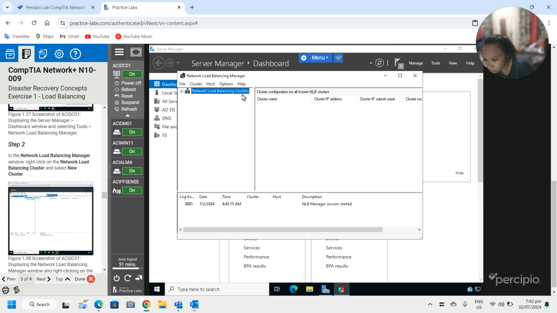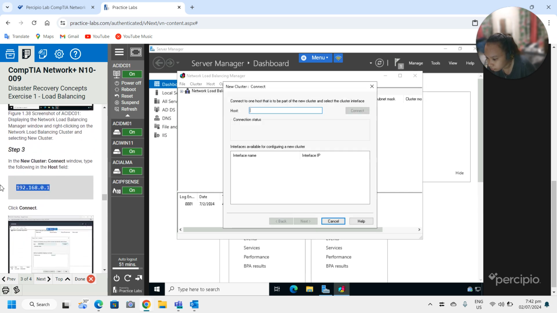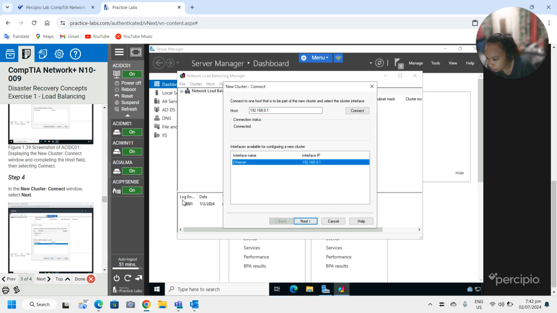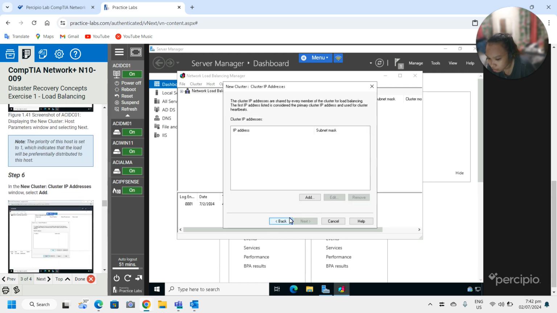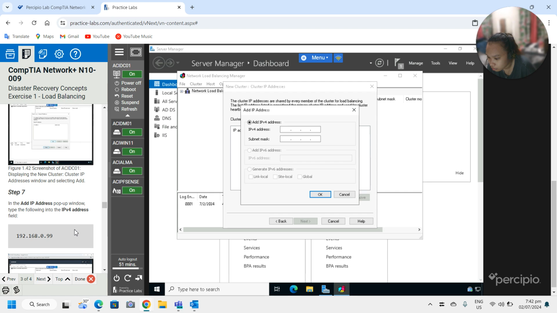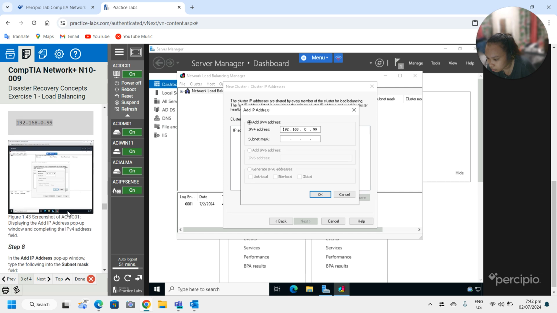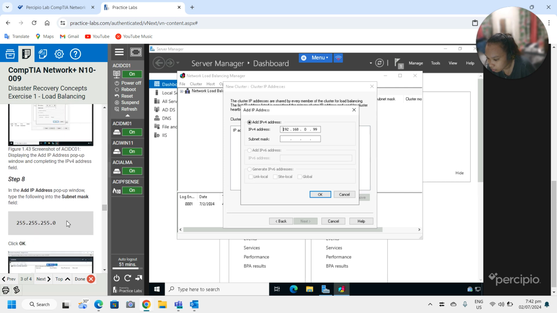Click on the new cluster. Connect and then click next. Click next. Add. And then this one, IPv4, and then subnet mask.